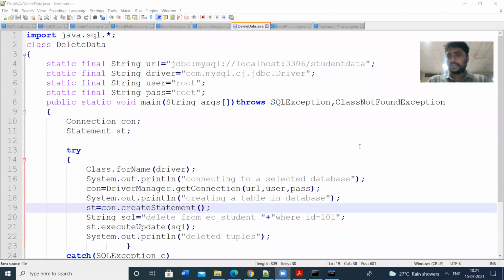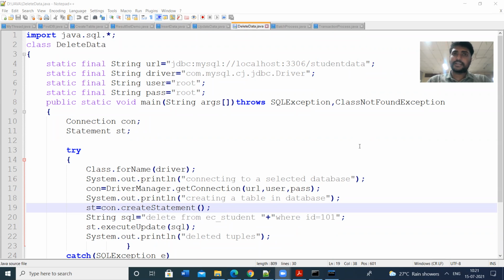So the ultimate goal of this database connectivity is that through our Java applications, we want to connect to the database and perform any type of data management operations. We can apply any DML commands, DDL commands or transaction commands. Anything can be applied, and anything can be retrieved from the database also.